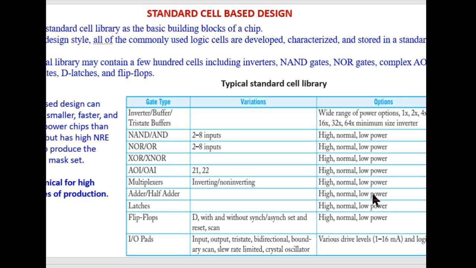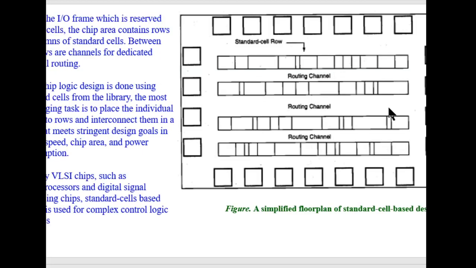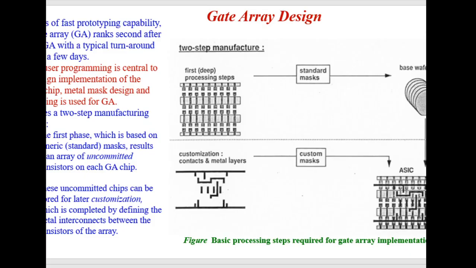Okay, and depending on the requirement of the design, the designer will pick up any of these components and place them on a particular chip area, and then connect those components by using interconnections. Okay, and then we'll go for the mask generation, and after mask generation the actual IC will be fabricated, right? Okay, so